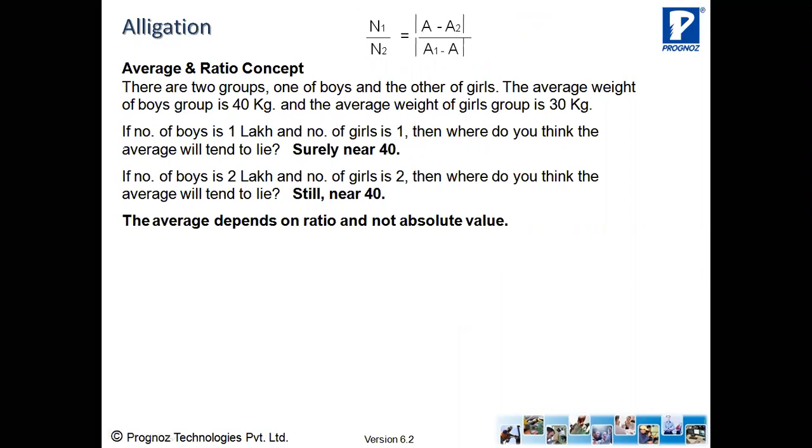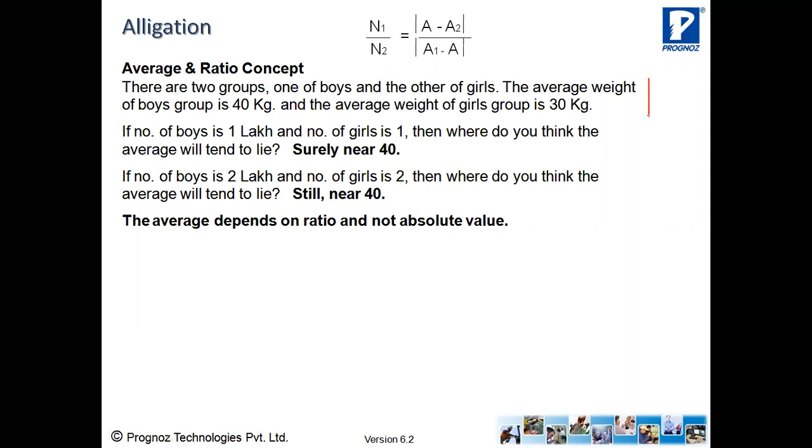Now let's understand two things: average and ratio concept. This is important to understand here. There are two groups, one of boys and the other of girls. The average weight of the boys group is 40 kg and the average weight of the girls group is 30 kg. Now, suppose 1 लाख लड़के हैं और 1 लड़की को मिक्स किया।